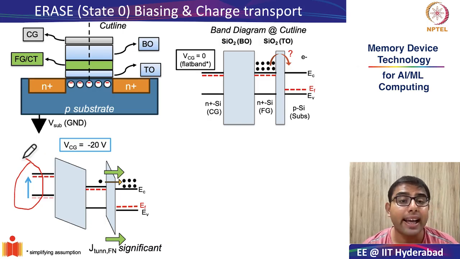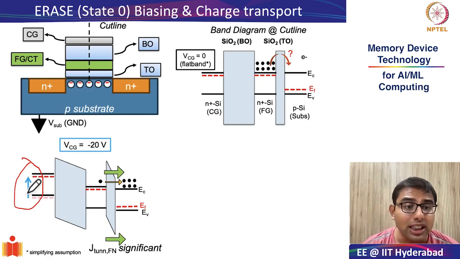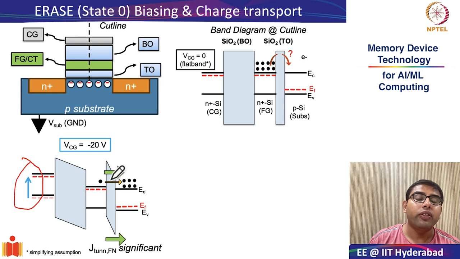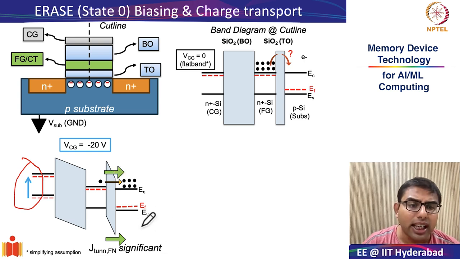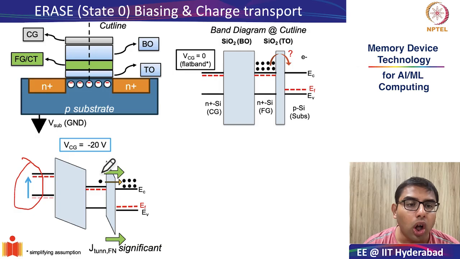Remember, in band diagrams we plot electron energies. The moment we put minus 20 volts at a terminal, you are increasing electron energies, and that is why there is an upward movement of the bands. And just like there was significant Fowler-Nordheim tunneling through the triangular barrier in the program operation, same is the case in erase operation, but just the direction becomes opposite. So all these electrons which were stored here in the floating gate through Fowler-Nordheim tunneling are flushed out into the